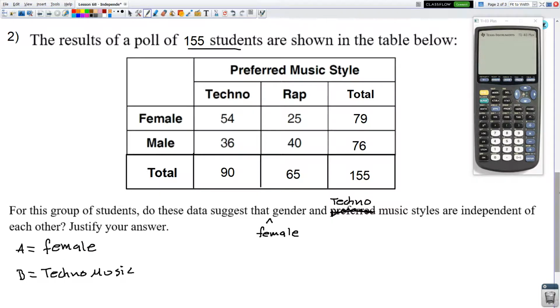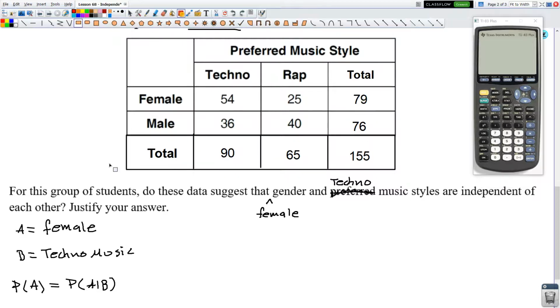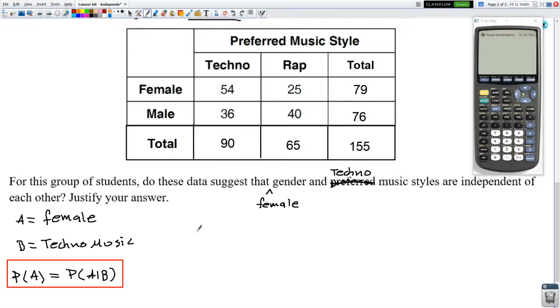Well, let's see. If we want to know if they're independent from each other, we've got to know if P of A is equal to P of A given B. So this is what we need to show. Well, let's find the probability for each one of them then. Let me just move this to the side because remember, this is what we want to show. Let me just put it in a box so you know that this is our objective. So let's actually figure out what they are. So P of A,